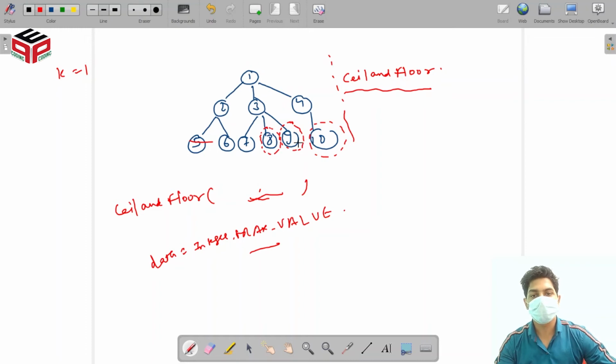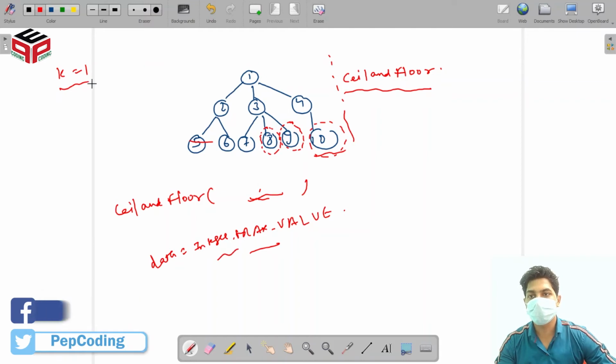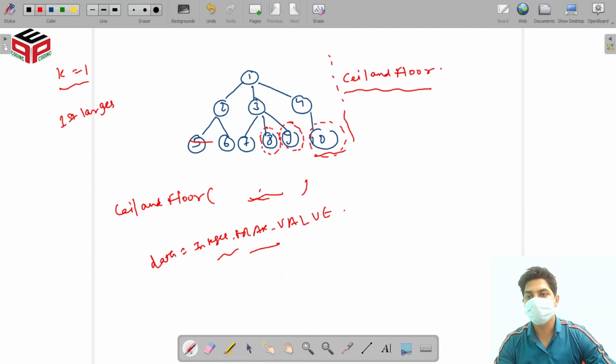All the elements in the tree are smaller than Integer.MAX_VALUE, so our ceil and floor function will give us the maximum value. So if k is equal to 1, by using this method we will be able to get the first largest element.